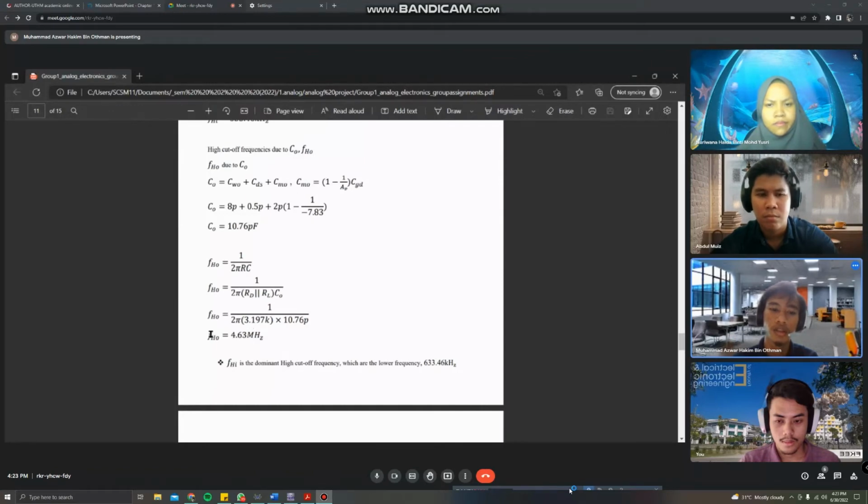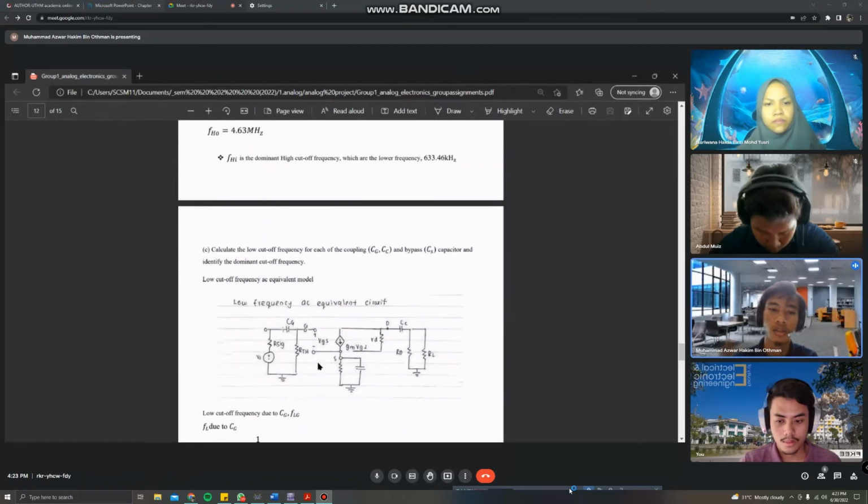After that, we get FHO. So the dominant of the high cut-off frequency is the lower frequency. As we can see, the lower frequency after we calculate, the dominant is 633.46 kHz, which is